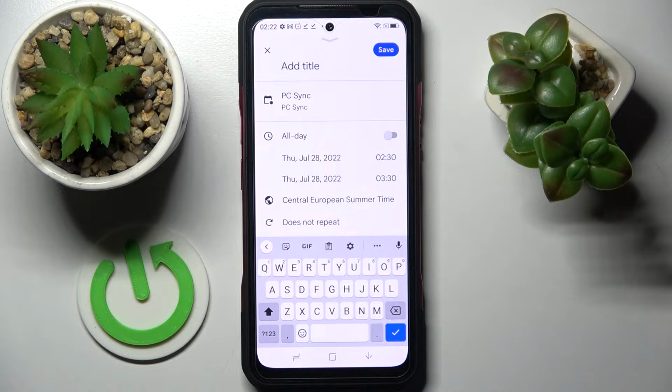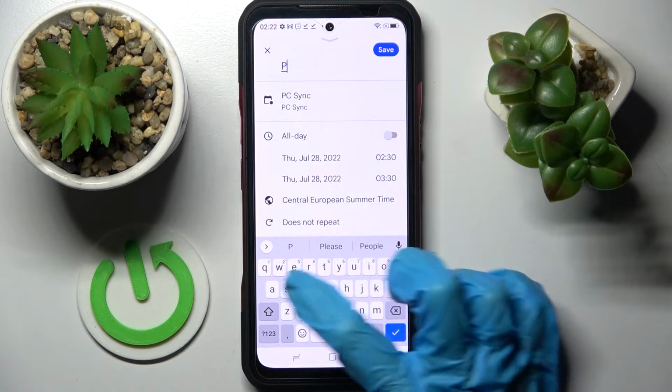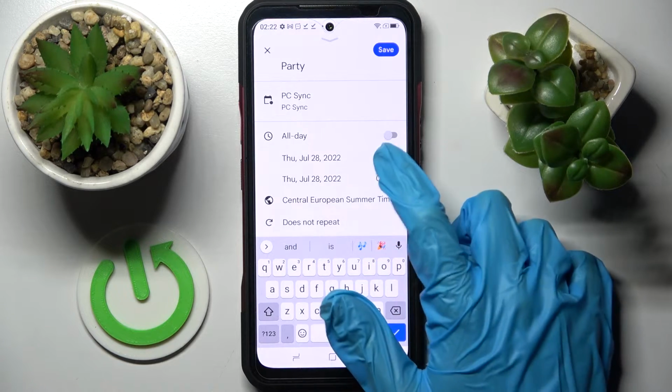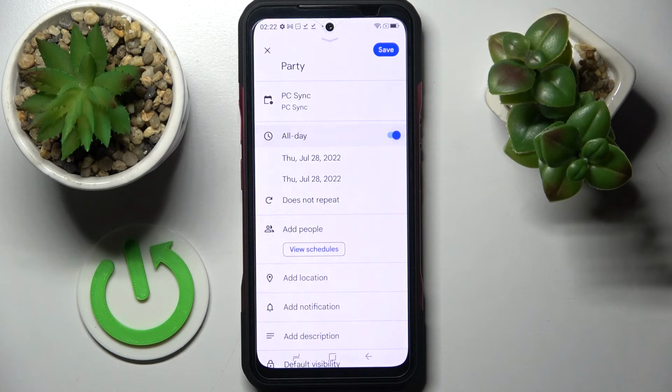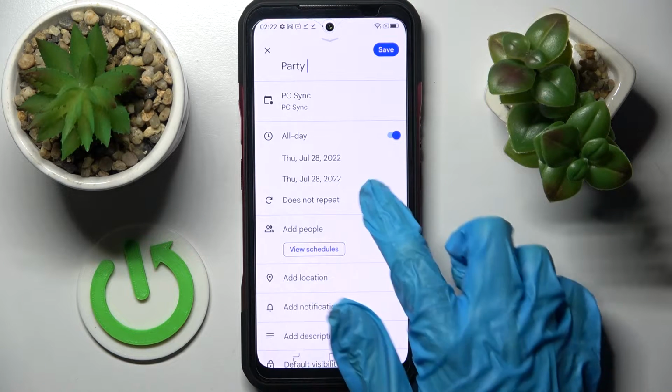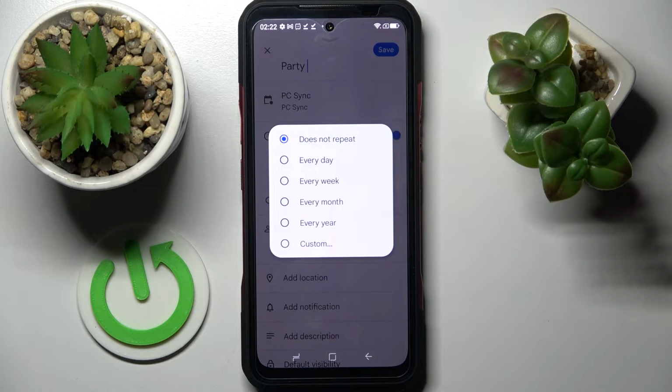Now you can adjust it however you wish to. For example, add the title over here. Then you can pick starting hour or ending one. If you don't want to, you can always disable this feature completely by tapping on this switcher next to all day. Now select Does Not Repeat and tap on one of those options if you want your event to repeat,